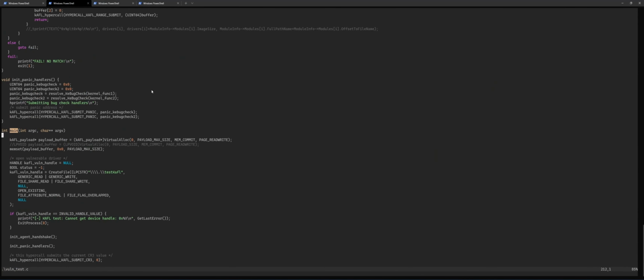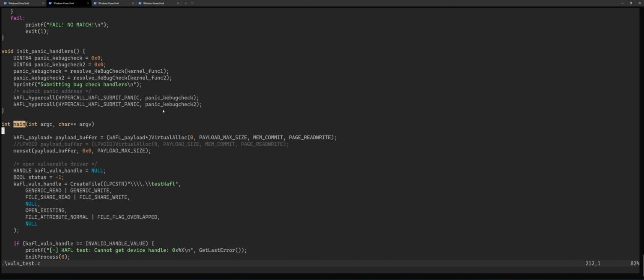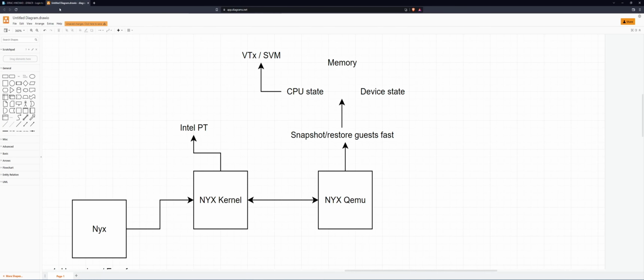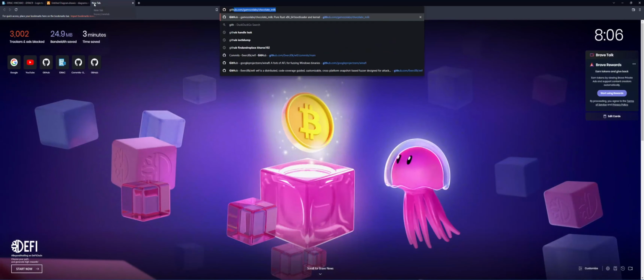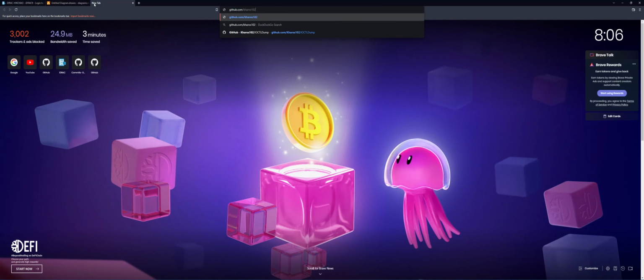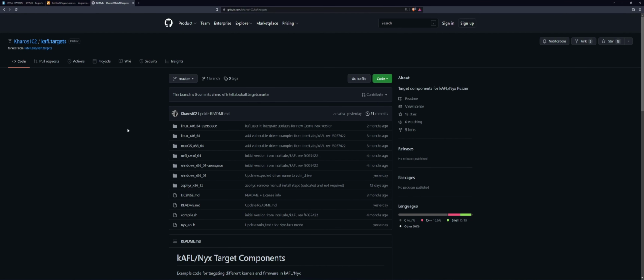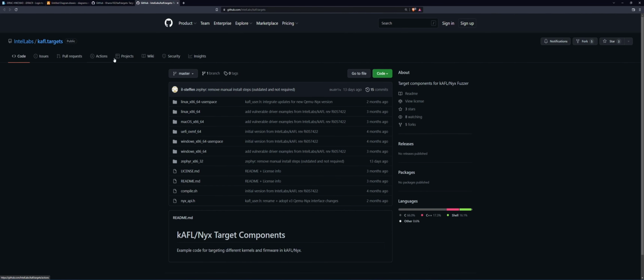So this here is a Windows harness that I have for KFL. This lives on my public GitHub. I go to github.com/post22/kfl.targets. I forked the KFL targets from Intel Labs. Now under Windows x86-64,